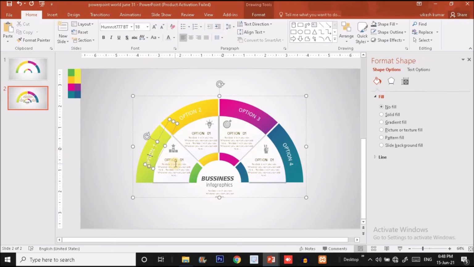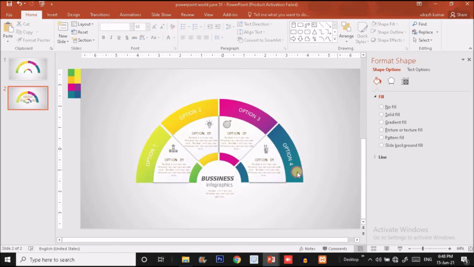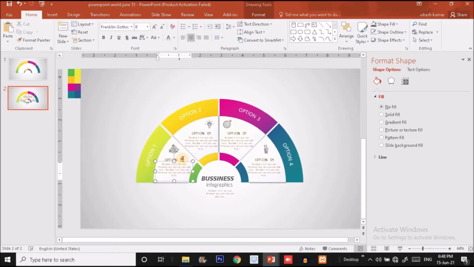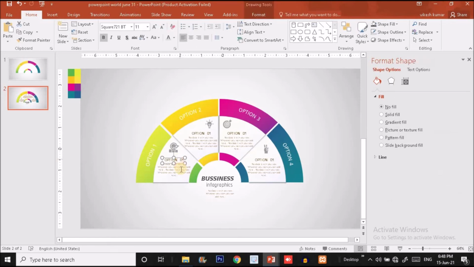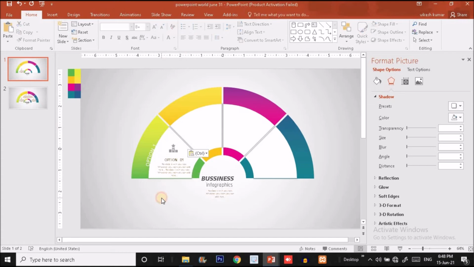Now select all this text from the previous slide. I will explain why and how I rotated the text as well. So I'm going to ungroup it, guys. First I'm going to ungroup it like this, and after this I will select all this text as well as icons from the previous slide and put it on the next slide. So press Ctrl C and paste it over here, guys, okay.